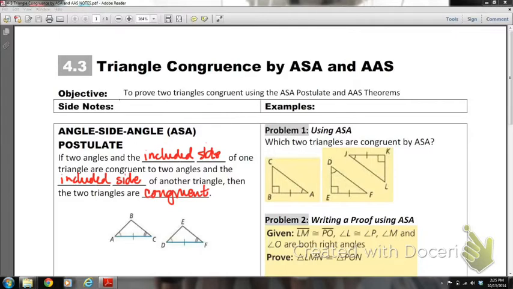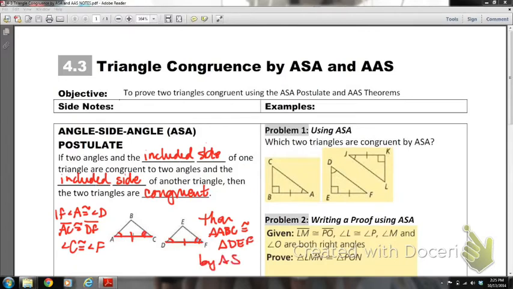So in this diagram, we have angle A congruent to angle D, and we have side AC congruent to side DF, and then we have angle C congruent to angle F, then we can say that triangle ABC is congruent to triangle DEF